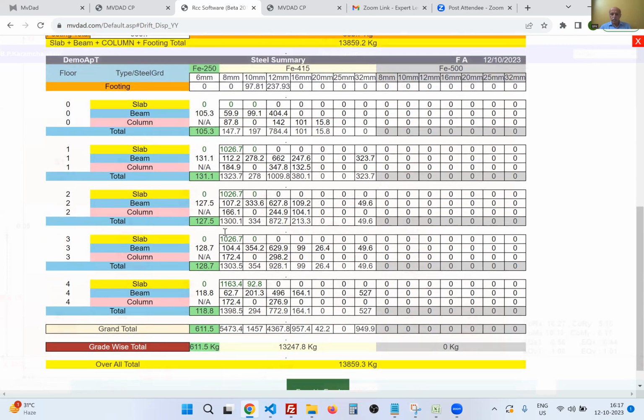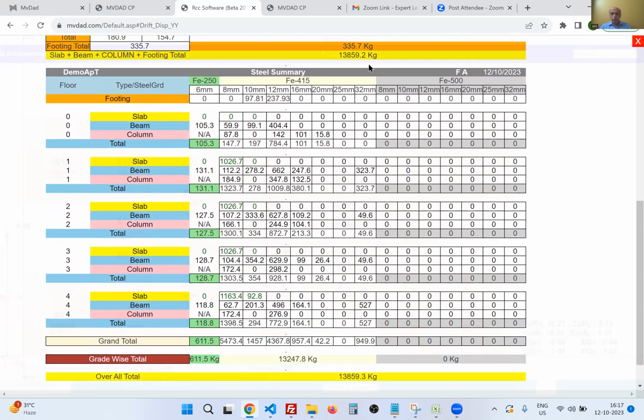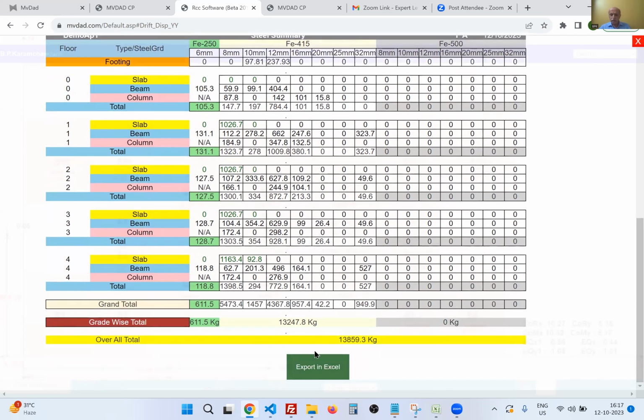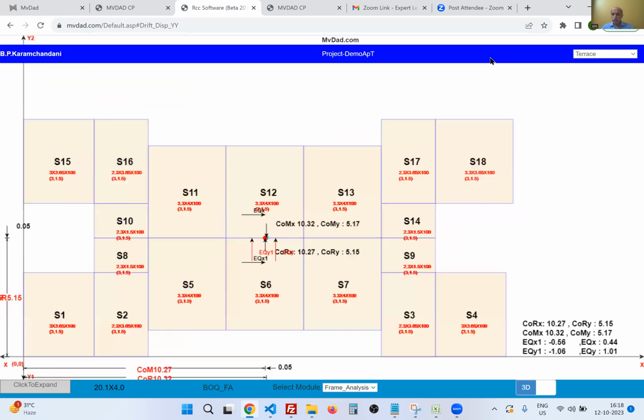Summation in both the cases, it is 13859.2 kg, and here it is 13859.3 kg. That means round off only 100 grams. This table you can export in the Excel also for your ordering purpose or placement of execution purpose. Similar way,